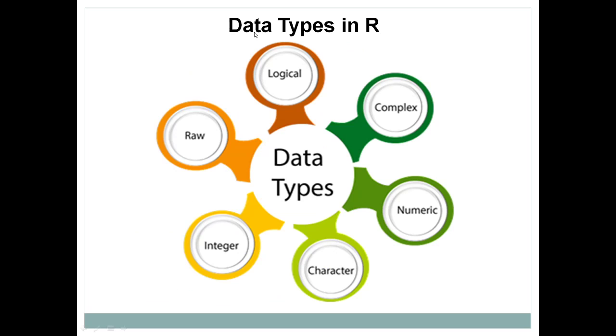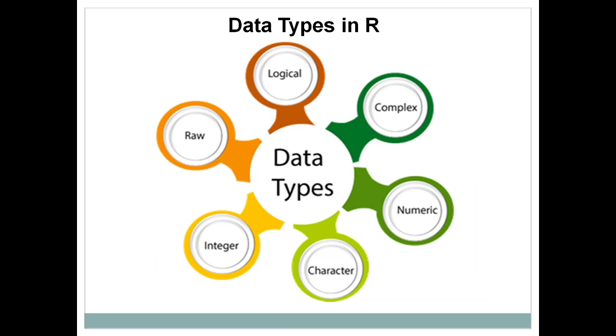Now the next one is data types. What are the data types available in R? First one is integer, that already you are familiar with. Raw data type is there, logical is there, such as true, false. Relational operators and logical operators are there, logical and is there. Complex data type is there, numeric is there for floating type of data. Also we have character type of data. So these are the various data types available in R. So let's check it with the help of an example.